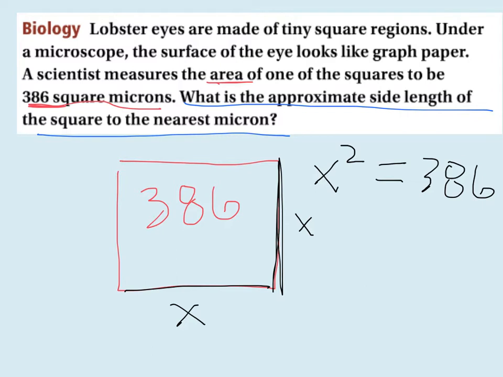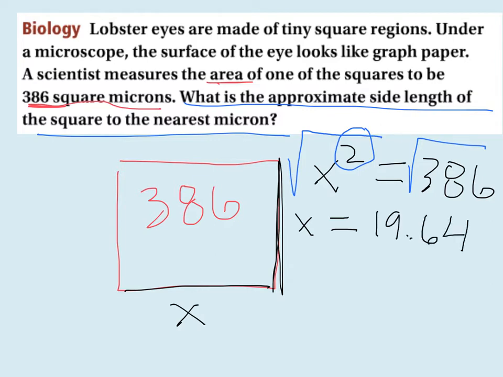So to get rid of a square, you have to take the square root. Just like multiplying and dividing, they cancel each other out, adding, subtracting. Squaring and square root cancel each other out. It's the opposite or inverse. So if I take the square root on one side, I have to take the square root on the other side. I would do this in your calculator. So if I type that in my calculator, the square root, and then type 386, I would get